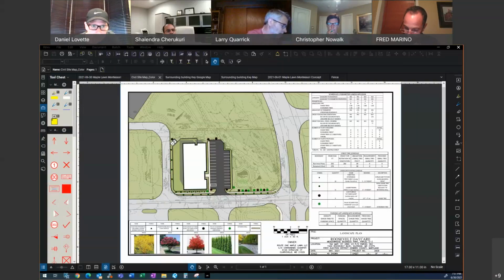Sidewalks, lighting. I don't see any way you're addressing parking lot lighting, street lighting, those sorts of things. Granted, it might be early in the design process, and you're all perfectly aware of the Route 1 corridor design guidelines, so pay attention to that and make sure it's addressed on your site plan at some point. And then if you wouldn't mind going to your facade or your perspective elevation or your rendering.